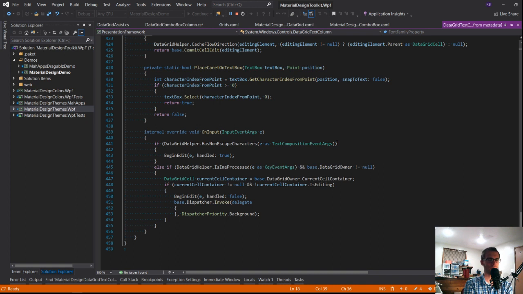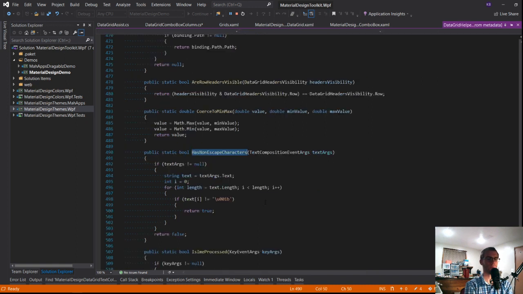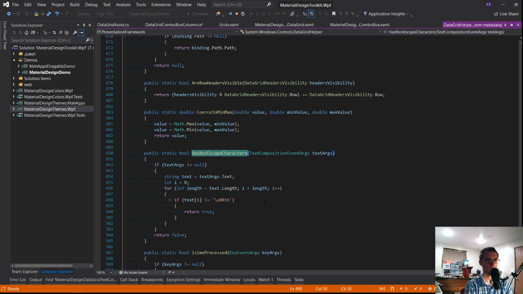Has non-escape key characters. What do you do? So text.